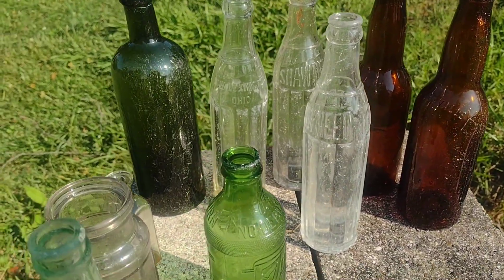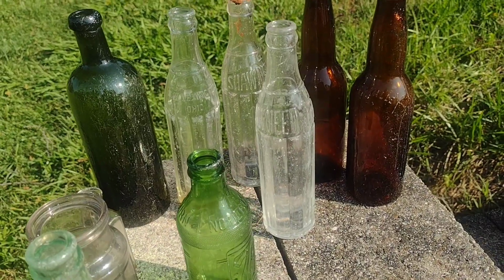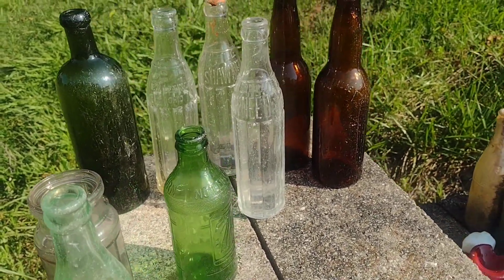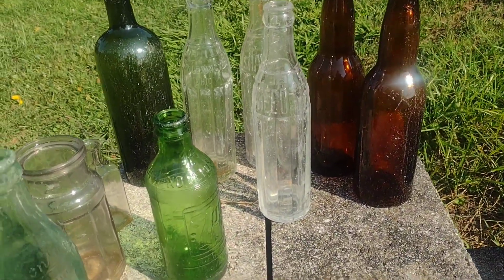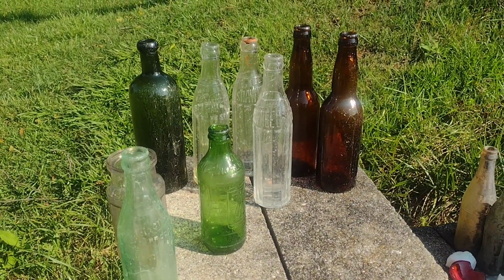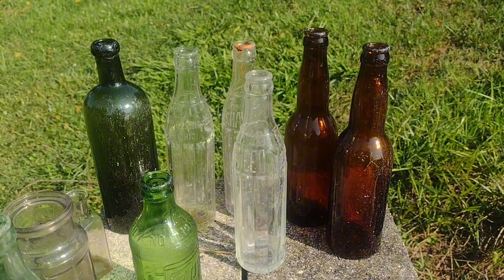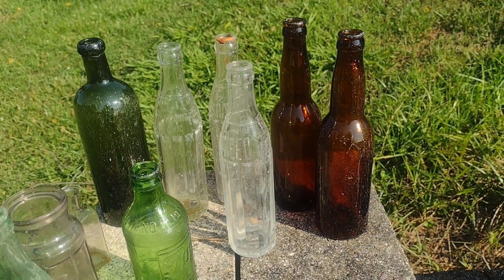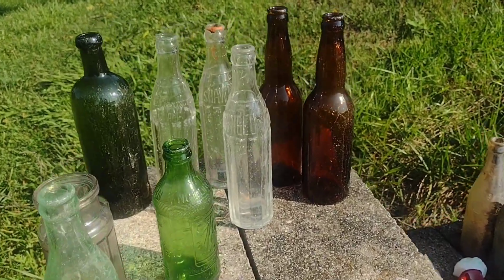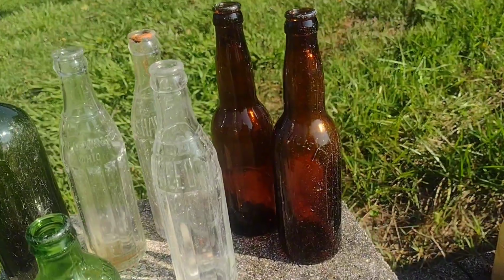So I don't know if it's a good one or not, but it does seem like these towns that are north of Columbus and northward, I just don't know enough about the bottles. Maybe there is some strong interest from certain towns, but for the most part, when I find a bottle from one of them northern Ohio towns north of Columbus, usually they're hard to sell bottles from my experience. But maybe I'm just not finding the rare ones,